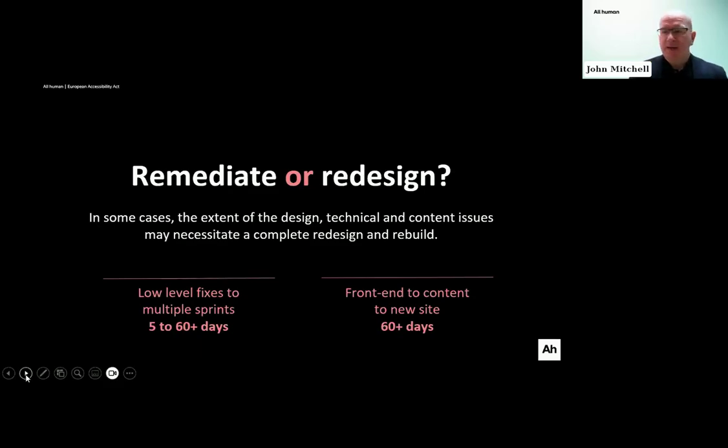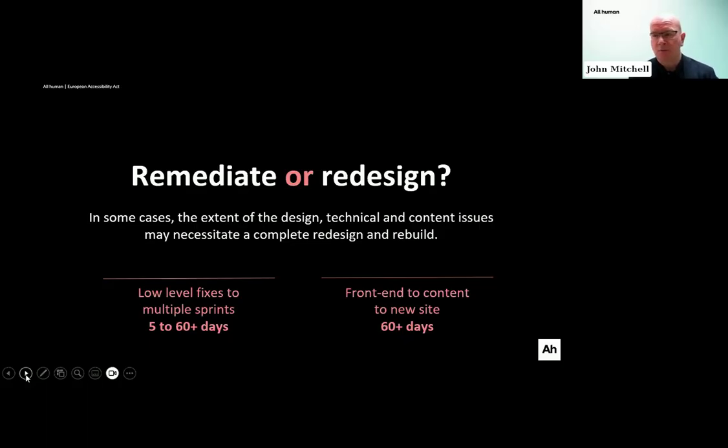So this slide comes with a massive health warning, because one of the things that we wanted to do is to try and give some degree of magnitude of where that inflection point is. If you get a very modest set of recommendations from the audit, then it can require a very low level of fixes. We've seen organizations who have run an audit and there are very, very minor corrective things to be done to materially improve the percentage scoring in terms of their compliance levels. And that can range from something as modest as a number of days of interventionist work and up to something approximating a number of months of considered work.